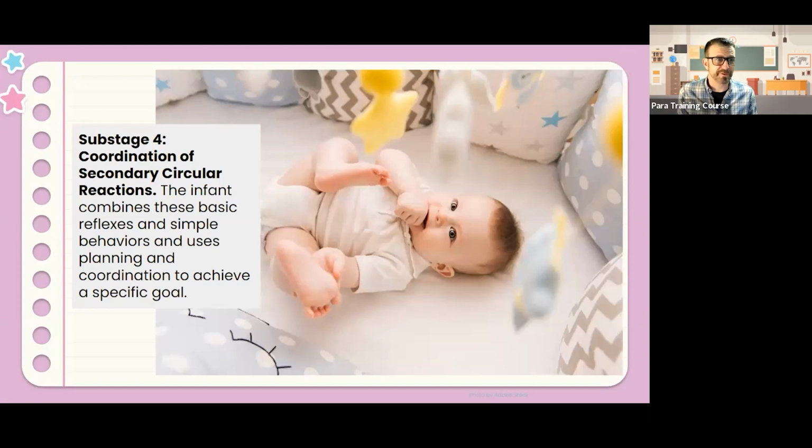Agency, that's the word I was looking for. Substage 4 is coordination of these secondary circular reactions. At this point, the infant combines these basic reflexes and simple behaviors and uses planning and coordination to achieve a specific goal. Okay, it makes me think of when an infant takes a doll that they don't want and kind of pushes it out of the crib